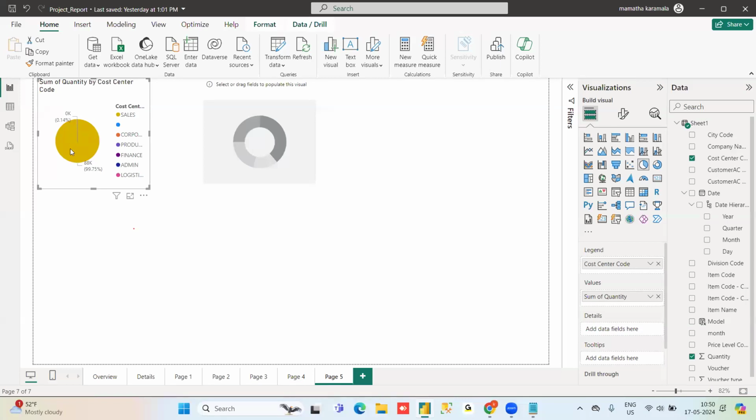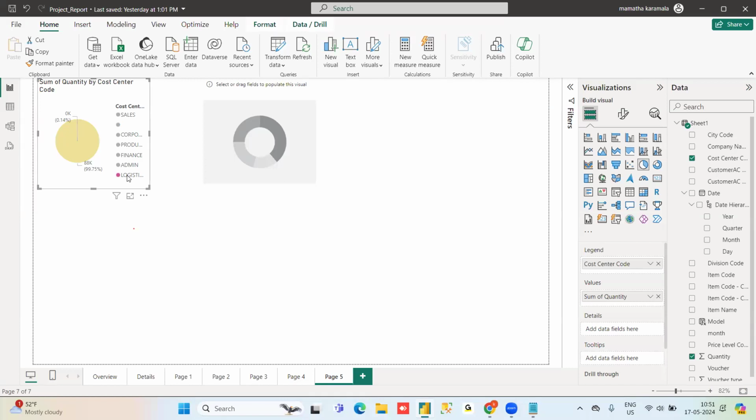You may be thinking it has taken only one color, but it is not like that. Most of it is occupied by sales. If you look, the other proportions are very small. That is the reason the slices are very small. You have some blanks, and the data is not there.